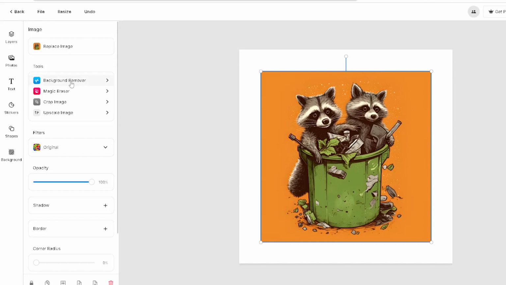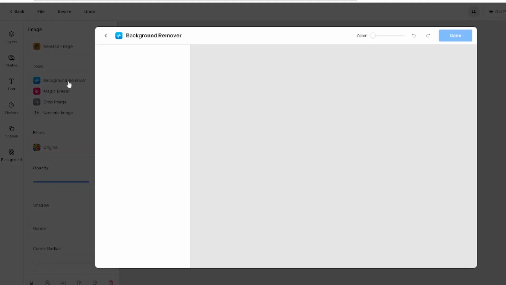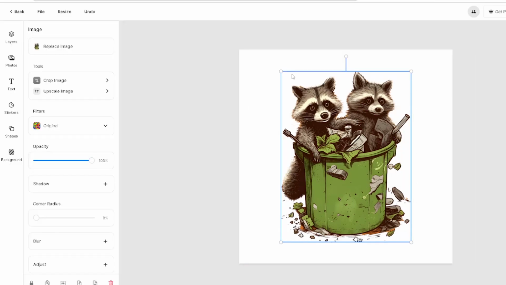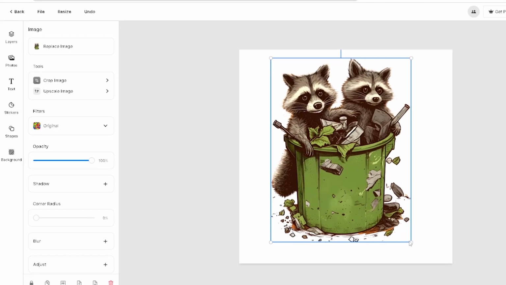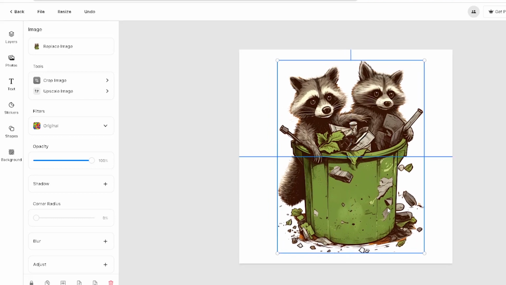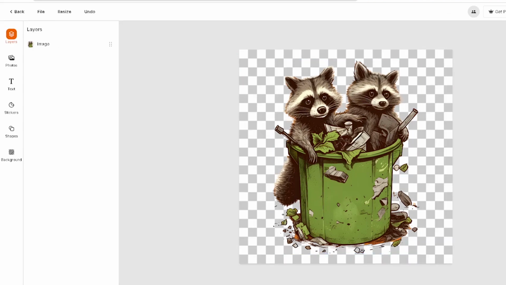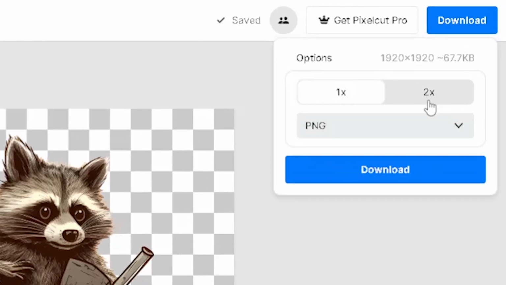So let's come over here to remove the background. On the left-hand side, this tool is gonna go ahead and remove the background for us. And it did a pretty good job from looking at it. You can erase some of the stuff in here, but for this example, it did a really good job. I'm gonna hit done. Say I want to enhance it, just stretch it a little bit bigger, right? And then let's say that background, I'll just highlight the white background, and I hit delete. It has a transparent background, and you can download it in PNG. Same thing here too. Just hit download. Boom.